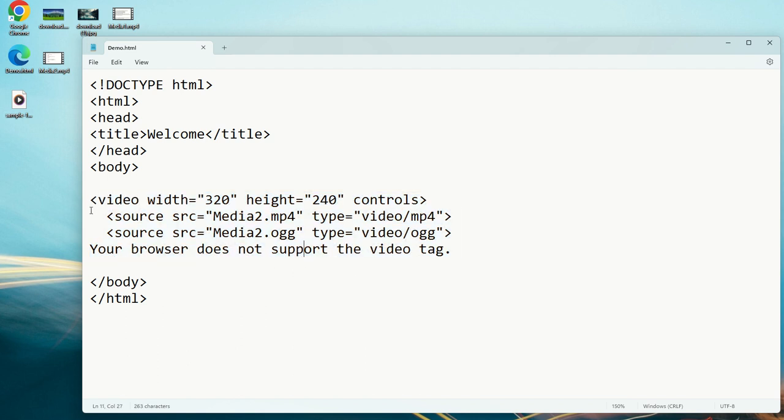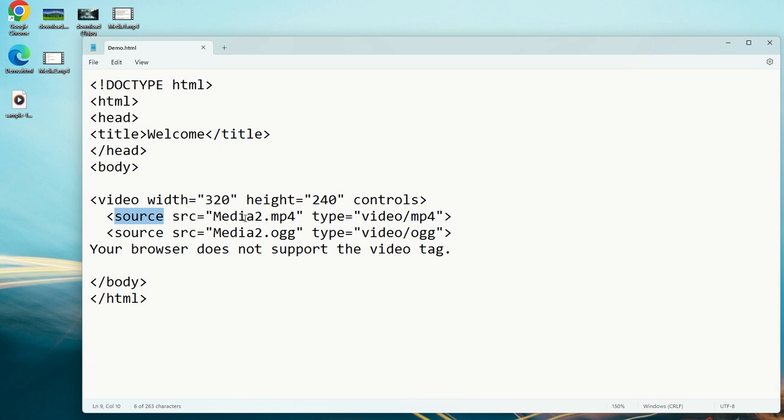So if we write the video start tag, and then assign width equal to 320 and height equal to 240, if you want that initial size of screen, then you can write width and height. Then controls indicates a play button or pause button, the volume increase, decrease, mute etc, then three dots for playback speed and so many things, obviously because it is video. And here you can see, just like audio, source and then src equal to,